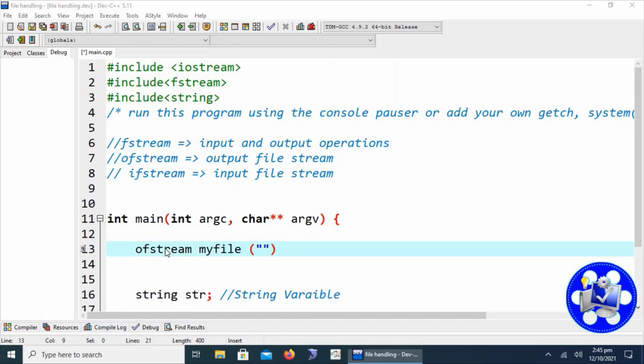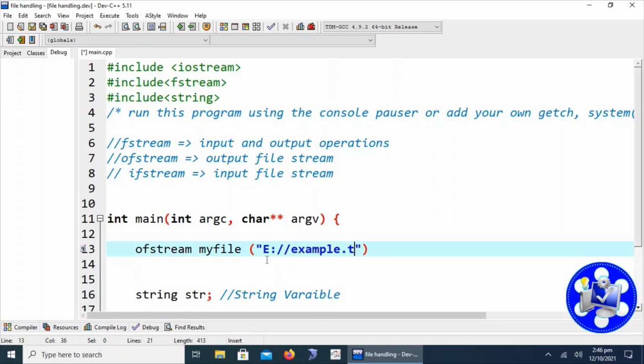As we have discussed, this is the ofstream class and this is my file object. Here we have to provide the address where we want to create the file. We can specify any drive that is available in our computer system. I am assigning the E drive. Let's suppose example.txt, and here will be the semicolon.